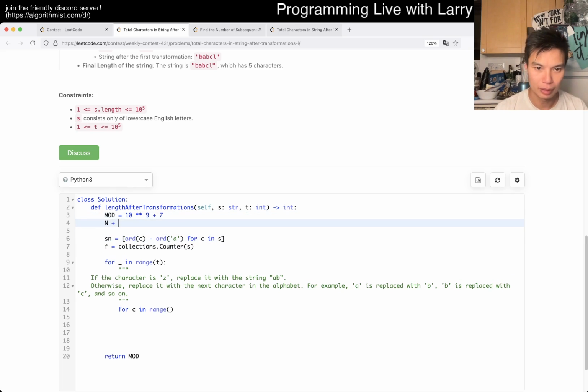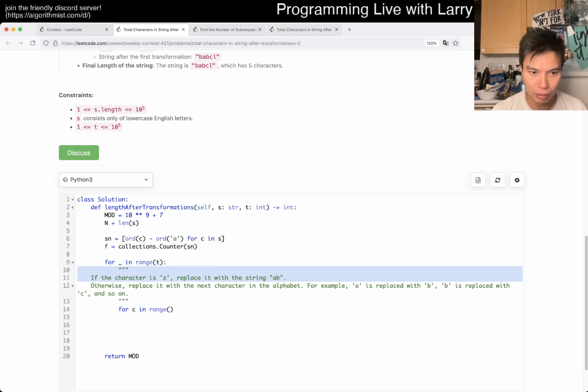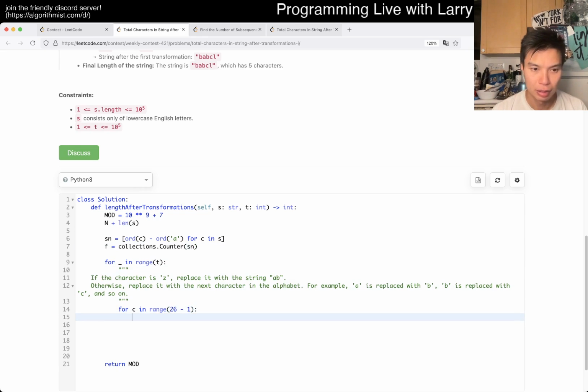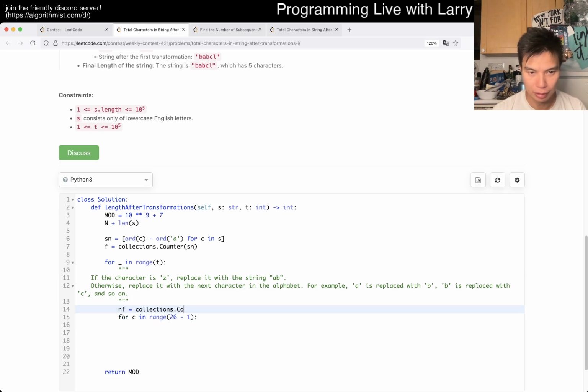Okay, and then N. Okay, and then S of N. So then now we just have to focus on 26, right? Except for the Z, so it'll be 25. New F is equal to. We want to say new F of